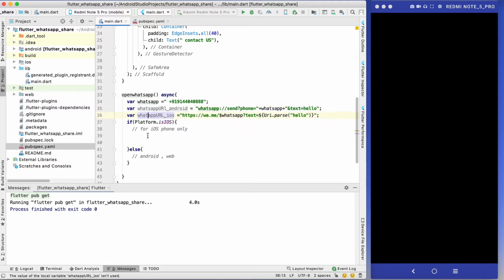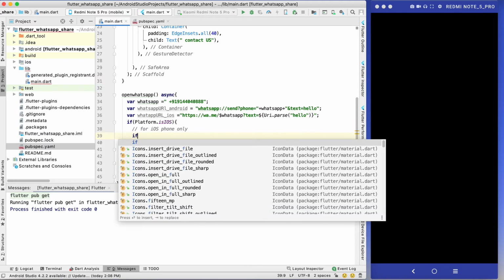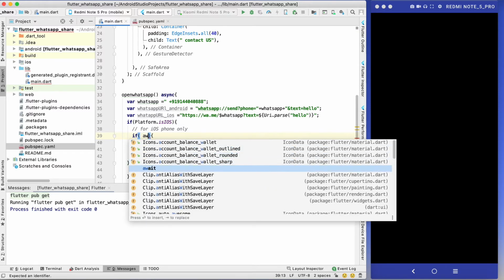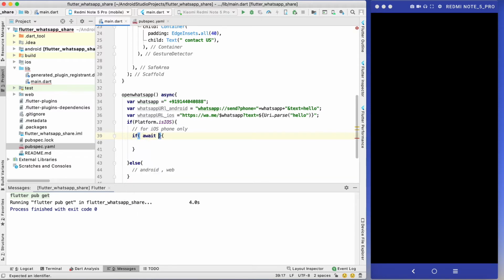URL is ready. Now time to call this URL. First for the iOS app I will check, I can write if await, because we are going to launch a URL. First we will check whether we can launch the URL, whether the URL is valid.